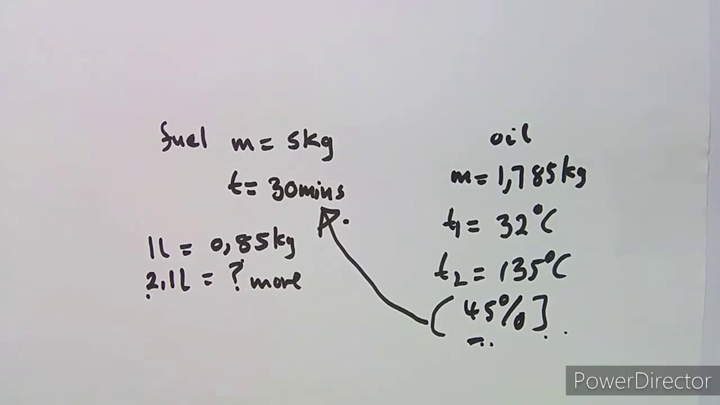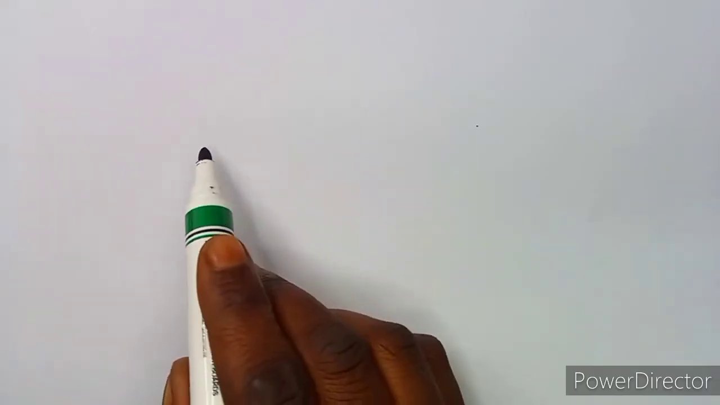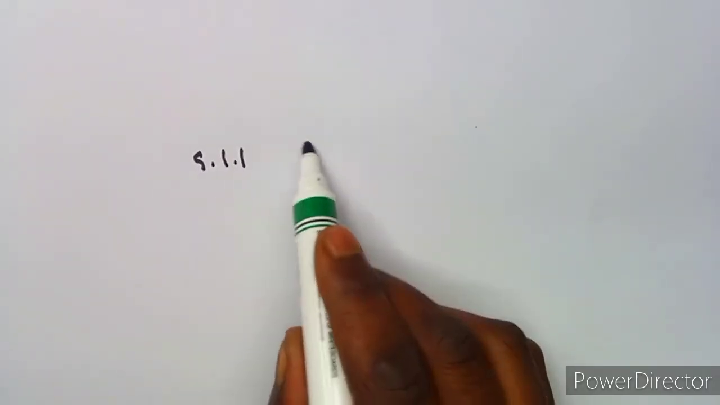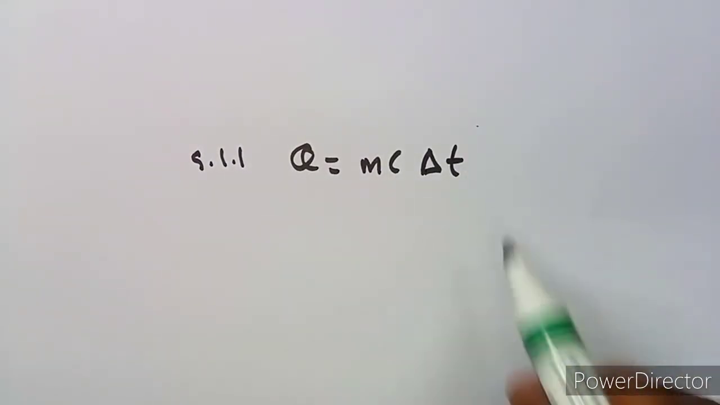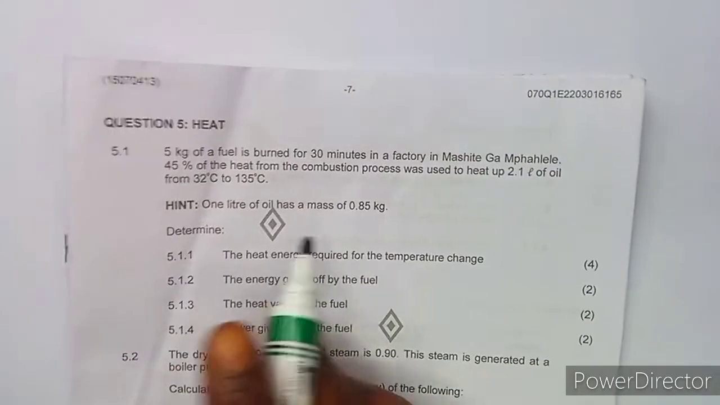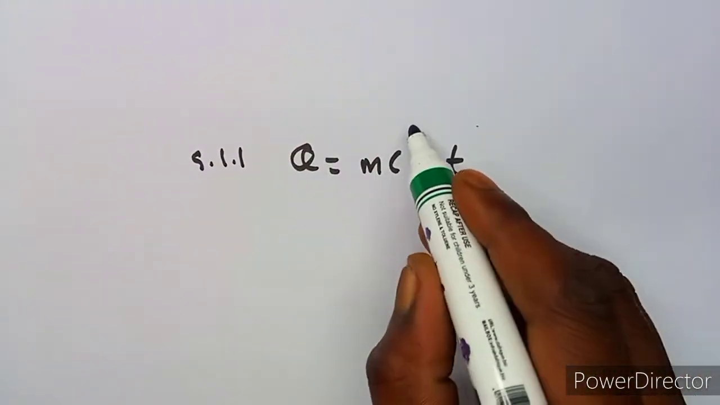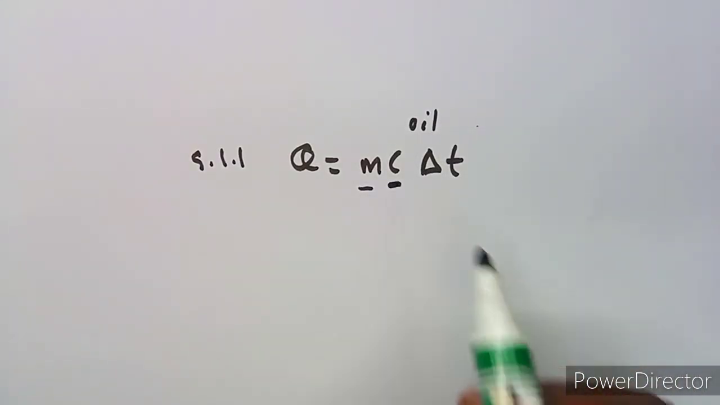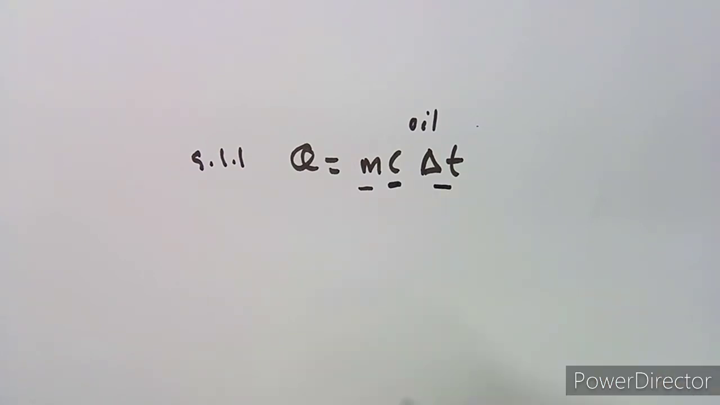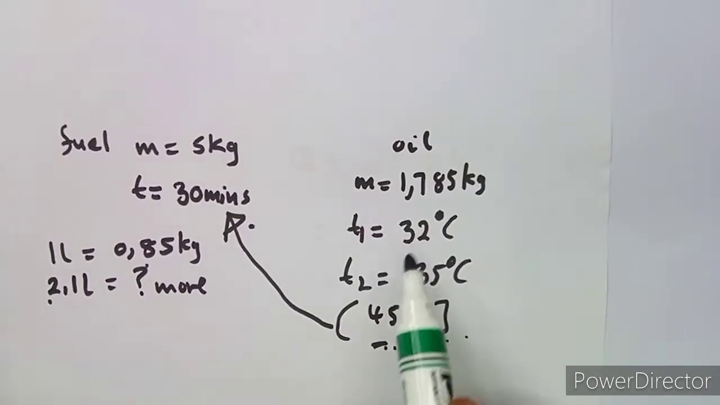Okay, so we know that when there is a temperature change, we are going to use this formula, that is 5.11. Heat Q is equal to mc, change in temperature. Okay, so this is a heat change which happened for oil. So we've got the mass of oil, the specific heat capacity of oil, and the change in temperature for the oil. Okay, so let's substitute and see what you're going to have. The mass of oil, remember it's